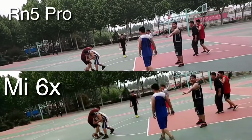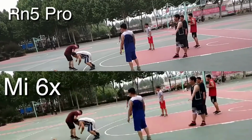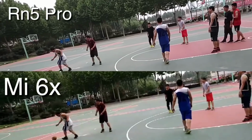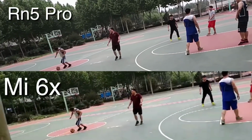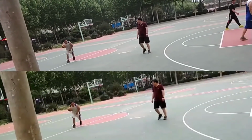Hey everyone, so this is the video which you asked me, the comparison of Redmi Note 5 Pro and Mi 6X for the slow motion video. You can feel the difference and see the quality of both the phones,